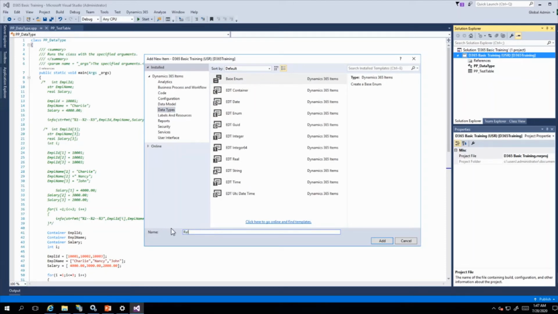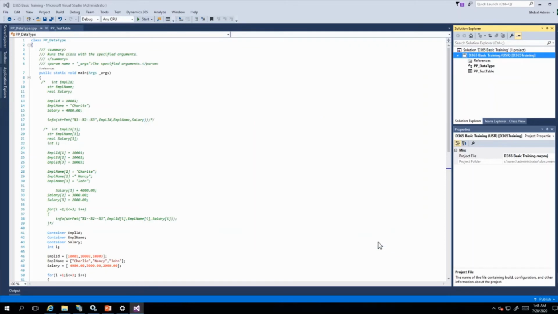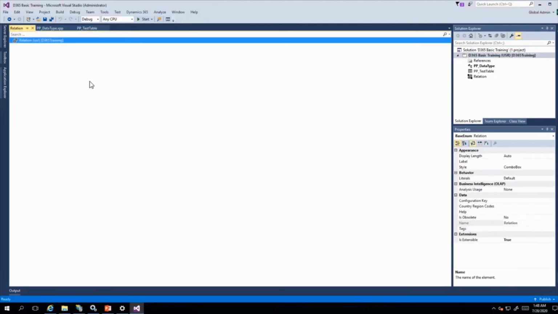This is used when we want to create a fixed set of values. Relation. Okay, we will label it as relation.